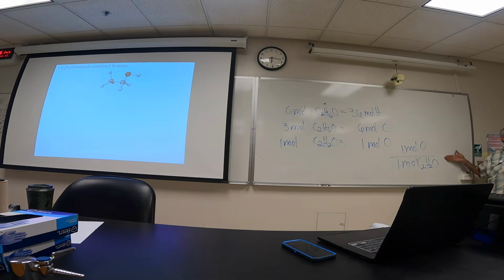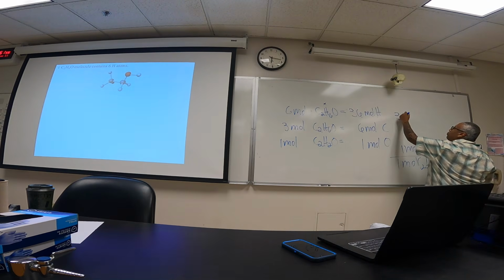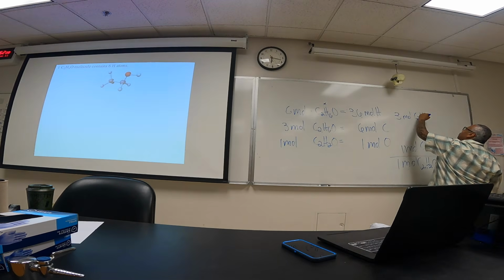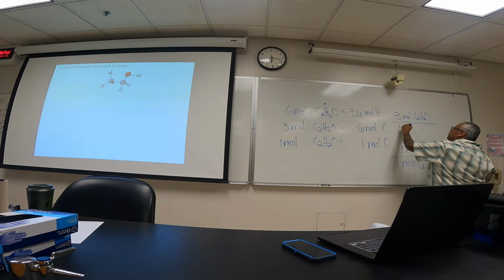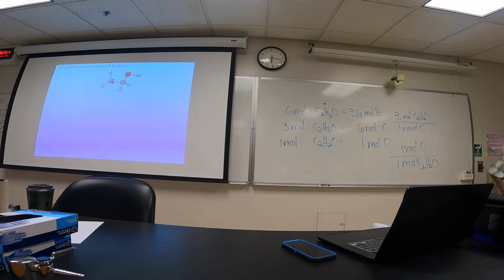We can also flip this around. I can put 1 mole of ethanol over 1 mole of oxygen. And we can do this for any one of these, right? We can say 3 moles of ethanol for every 6 moles of carbon. Or I can flip that around, right? So